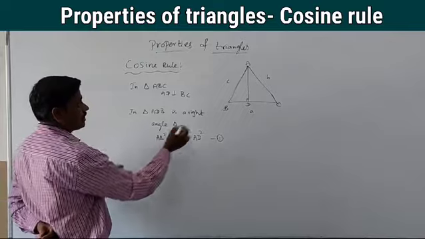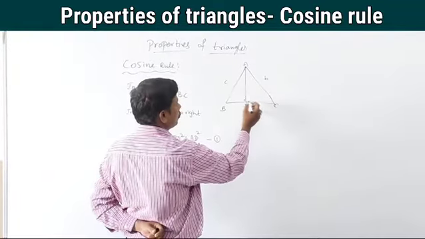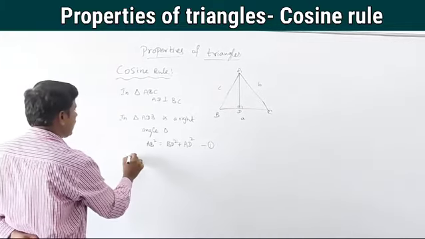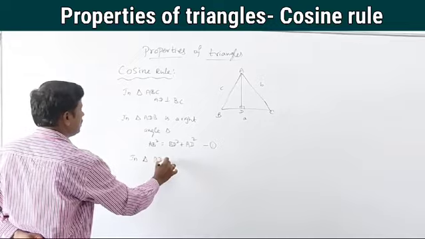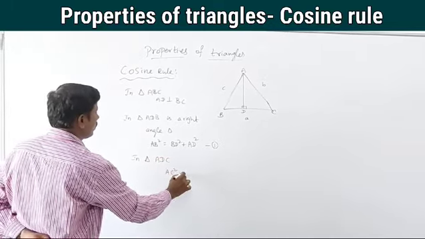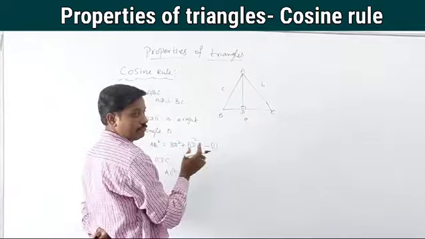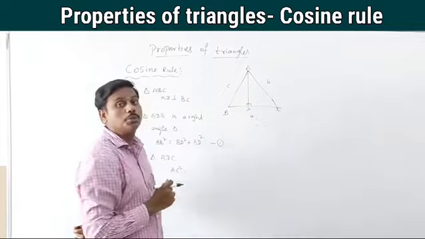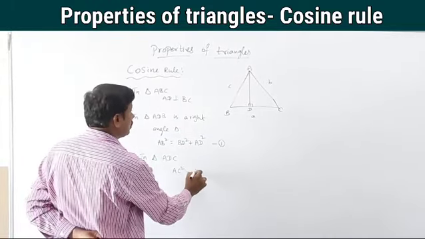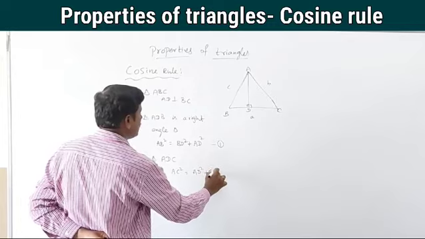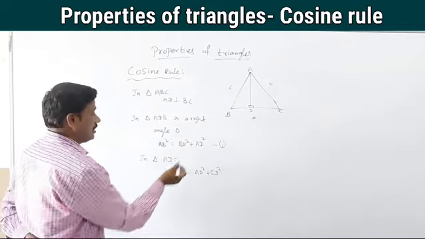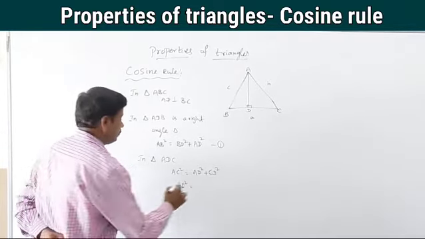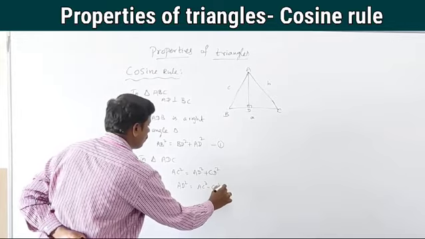One more triangle is also a right angle triangle. Here also AD is perpendicular to BC. In triangle ADC, here also we use the Pythagoras theorem: square of the hypotenuse equal to the sum of the squares of the other two sides. So AC square equal to AD square plus CD square. From this equation we can write AD square as the subject: AD square equal to AC square minus CD square. It is equation 2.